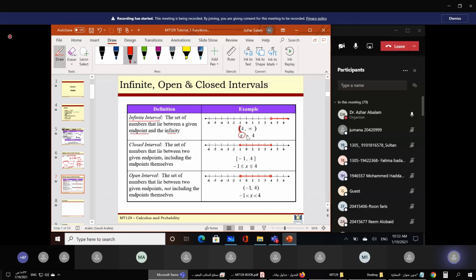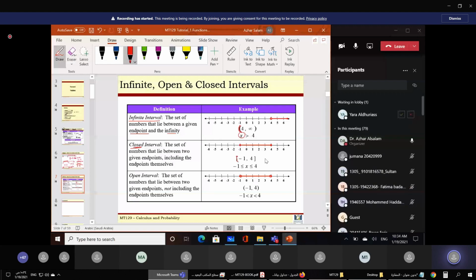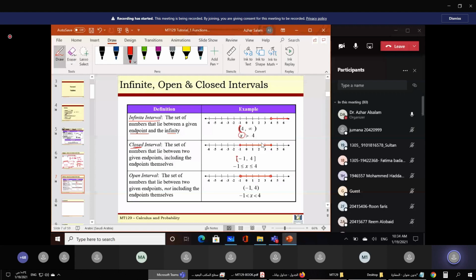all the numbers x that are greater than 4. Note here that all the numbers here are greater than 4. So I present here all the numbers that are greater than 4. For the closed interval, I mean all the numbers between -1, for example here, and 4. And since the circles here are closed, the endpoints are included in the interval. And I write it like that, with square brackets. And I mean by that all the numbers x